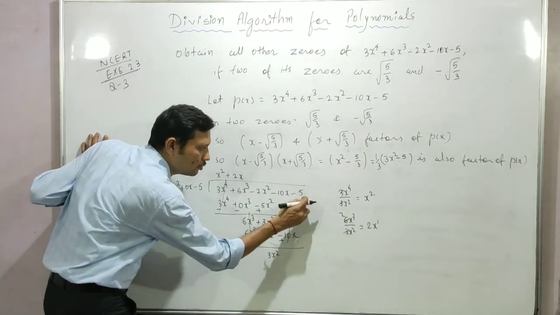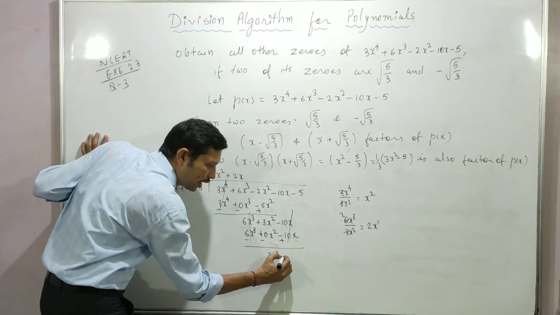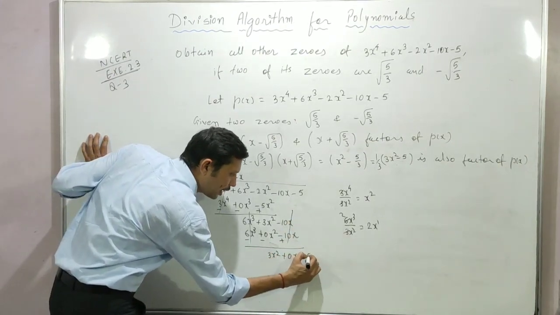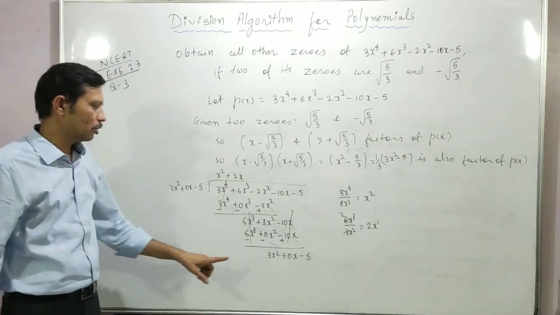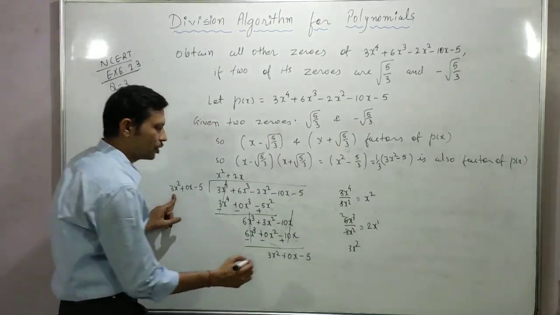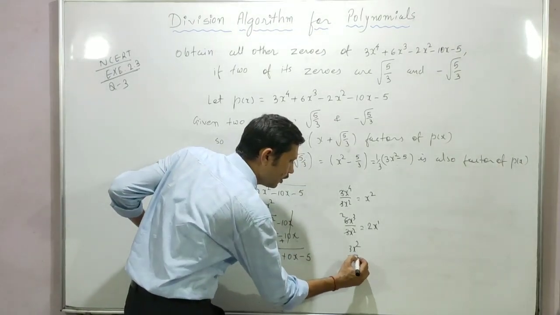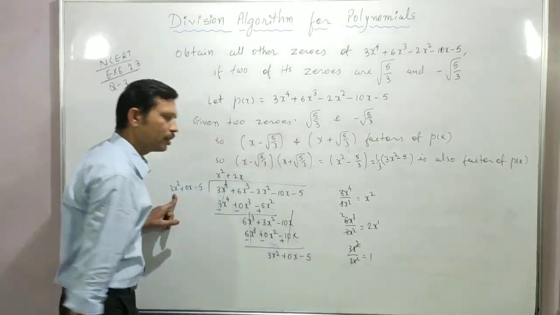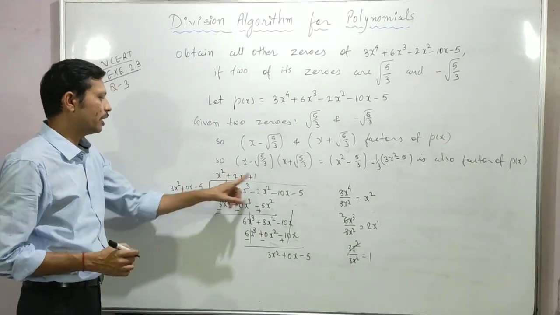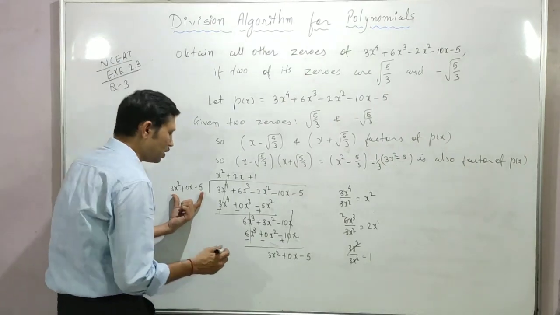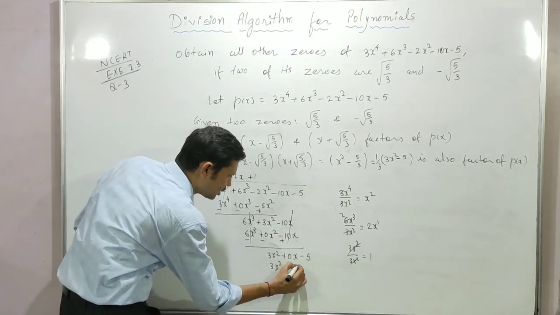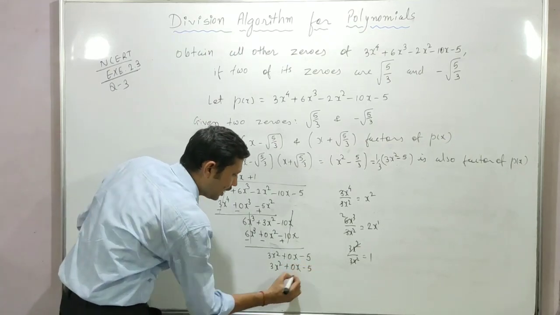So nothing is left, but we still have one term, so in between we have to write the term with the 0 coefficient, so 0x. Now we carry the minus 5 here. Now the first term 3x square of the dividend and the divisor's first term 3x square: when I divide, everything cancels out and the rest of the part is 1. So plus 1. When I multiply by 1, all these terms remain unchanged: 3x square plus 0x minus 5 as it is.